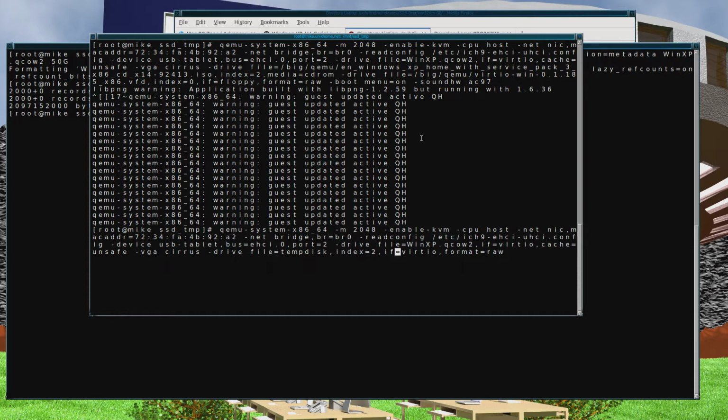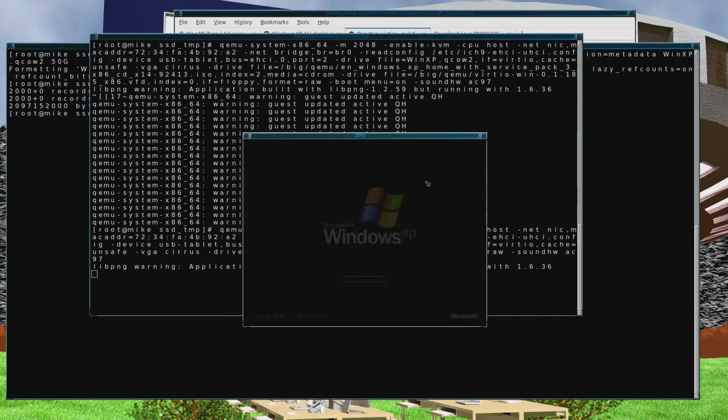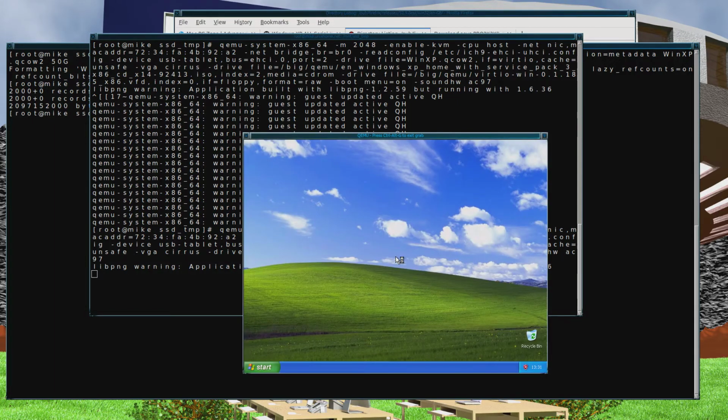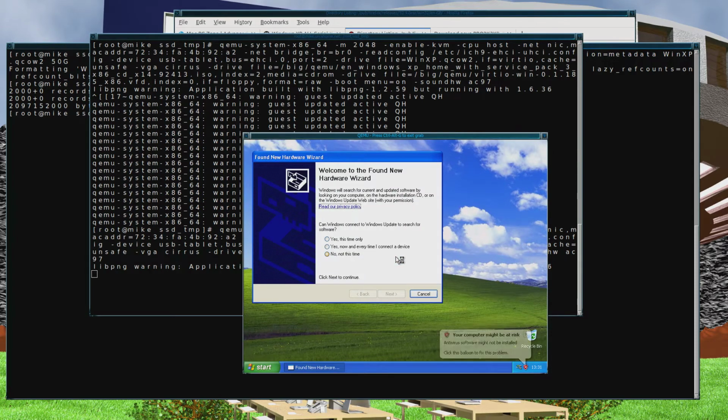Right, so just going to include the sound as well. Right, so what this does is just add another drive, and it's just a file of zeros. So if I run that, and you see what I find. Yeah, so now it's going to ask